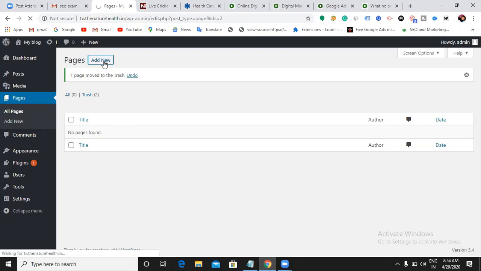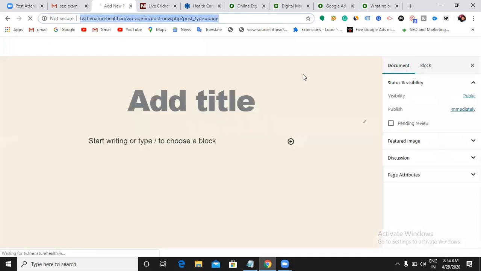Just click that and add whatever pages you want.